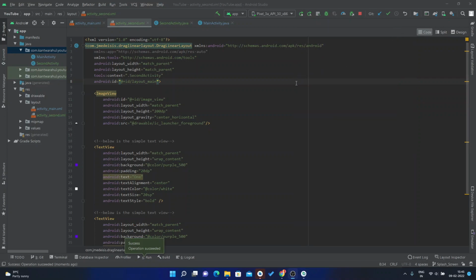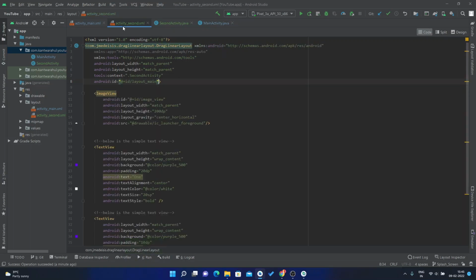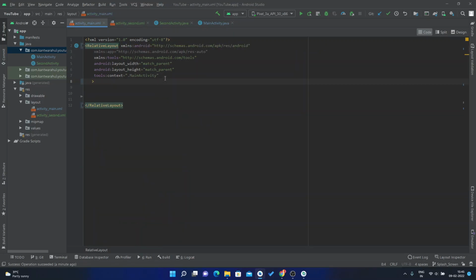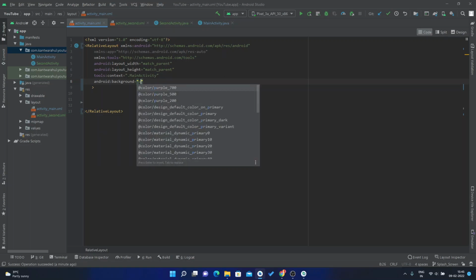Now we have to stop our app for around 1 second in the main activity, then call the second activity. For that we are going to use delayed functions. Maybe we can use a handler and a countdown timer. First of all, the background of this app will be purple,